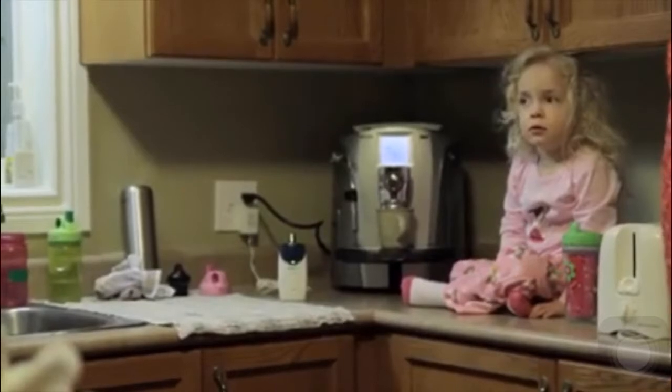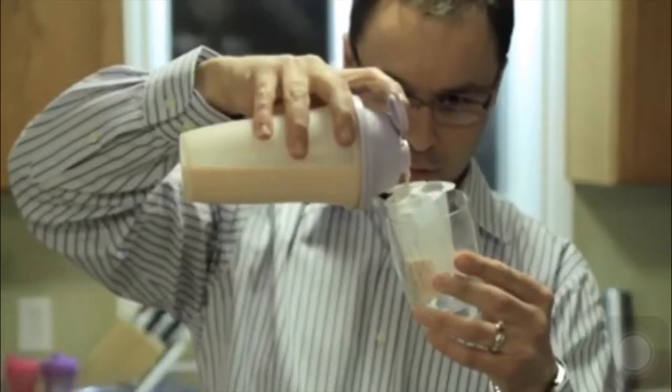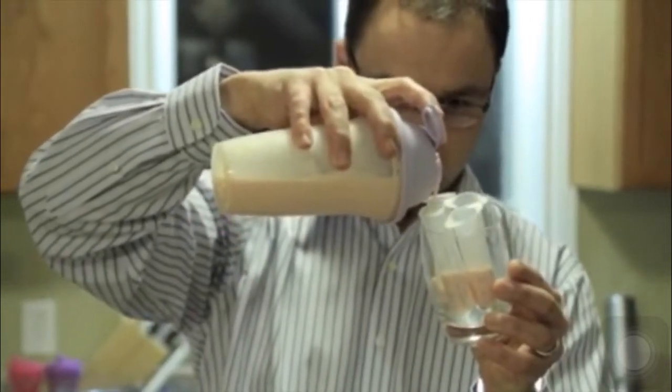The main drug that Gabby takes to slow the progression of the disease is called Cystagon. And in order for it to be effective, Cystagon needs to be administered every 6 hours around the clock, day and night. And if we miss it by at all, then there's more organ damage and tissue damage and cell damage that happens. We mix it with Carnation Instant Breakfast because Cystagon was originally formulated a long time ago by pharma companies to create ulcers. So they formulated this drug to create ulcers so they could find a